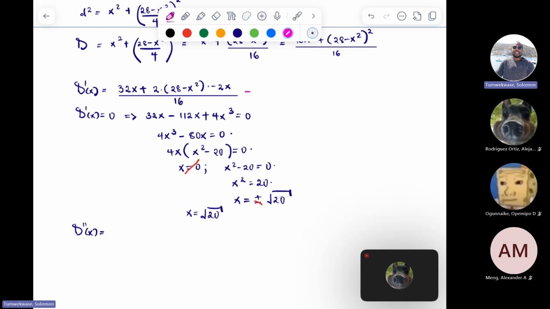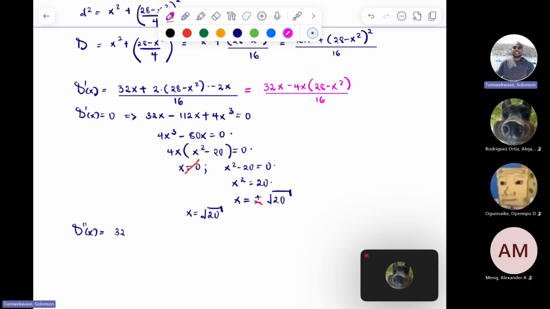Let me first simplify this further. Maybe 32x minus 4x into 28 minus x squared, then over 16. I can differentiate that the way it is, so that is 32. Now I can differentiate,